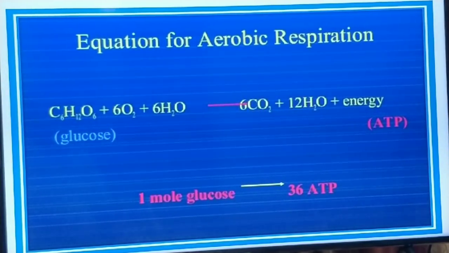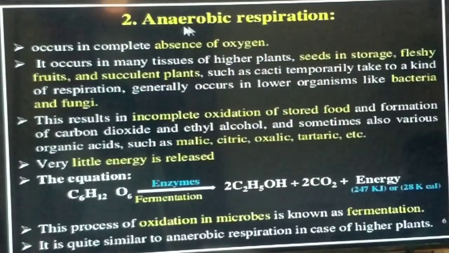You can summarize the equation of aerobic respiration as C6H12O6 + 6O2 + 6H2O = 6CO2 + 12H2O + energy. The energy that we gain is in the form of ATP molecules, and 1 mole of glucose gives us 36 ATP molecules in plants. Now we'll discuss anaerobic